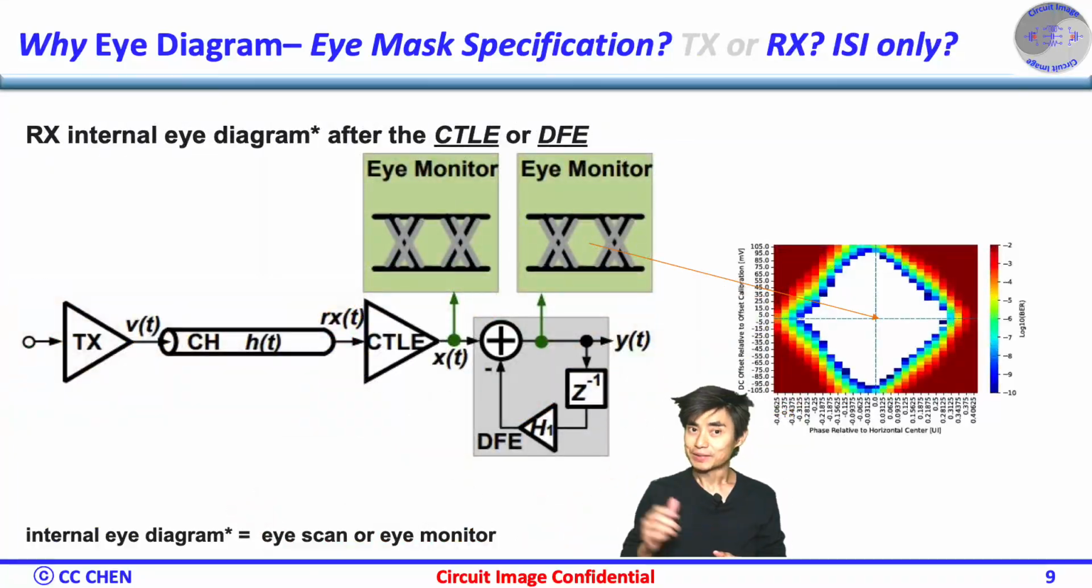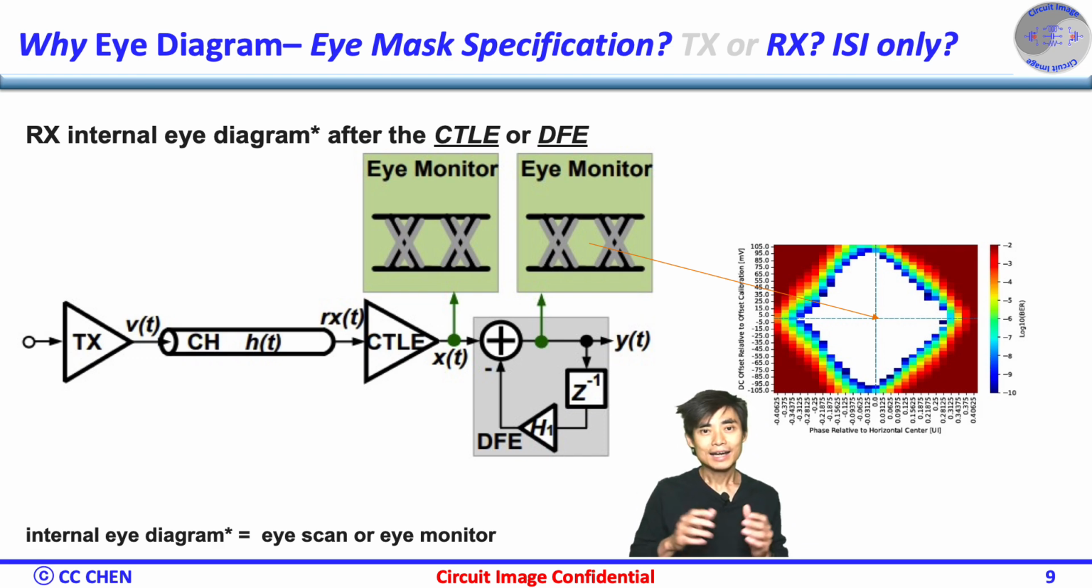Unfortunately, the specification did not specify the RX eye mask, since the TX output eye mask and the channel loss profile in the spec should define the requirements of the RX input eye. Furthermore, the RX internal eye diagram after the CTLE or DFE would be handy, even though no specification defines it